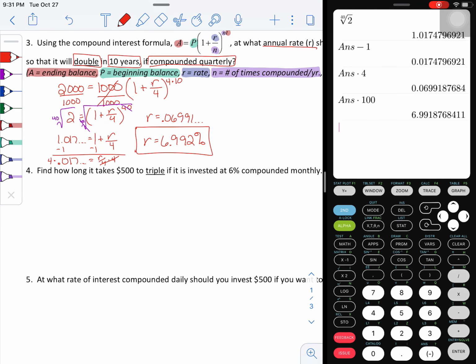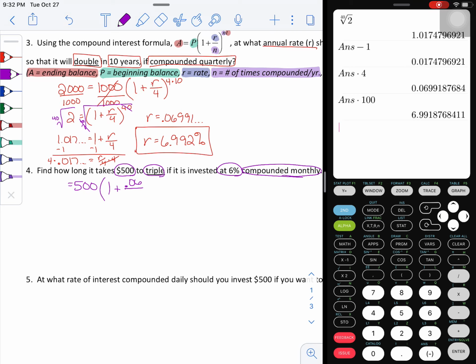We're going to go ahead and do the same thing for problem number 4. In problem number 4, we are starting with $500. We're going to triple it. We're investing at 6% compounded monthly. So I'm going to start with 500, 1 plus my rate, which is 6%, so that becomes 0.06, over